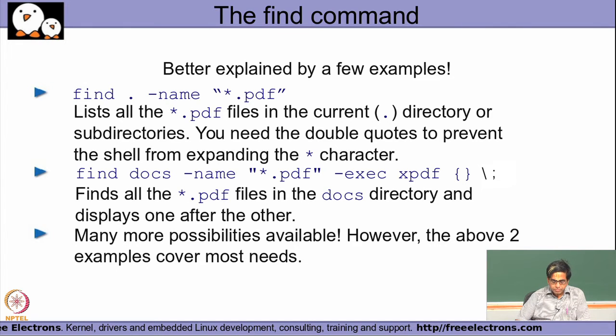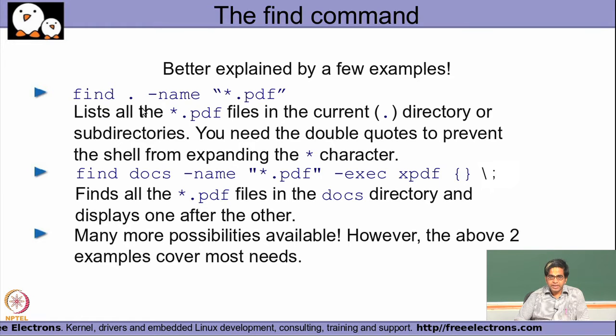Now, if I want to find a file with a particular pattern, I would use this command: find dot minus name and give the pattern. What we are saying is find in this particular location. So, what is this location? Since we have mentioned it as a dot, that means I am asking it to find it in the current